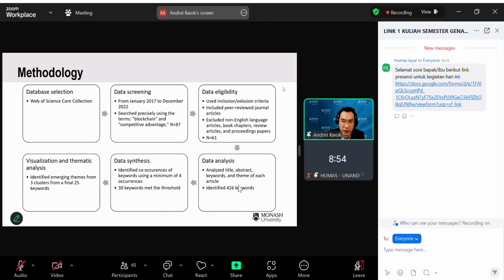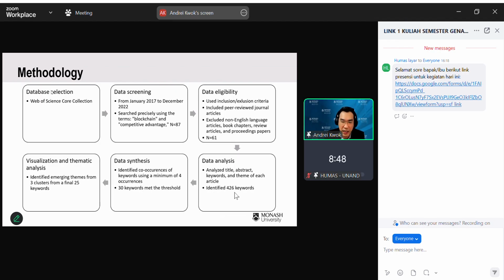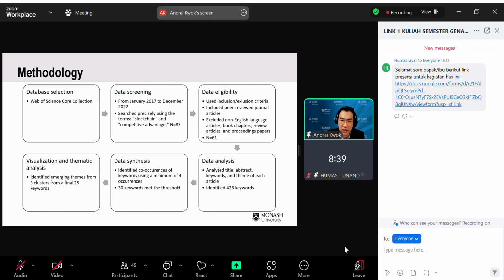So this is the methodology that we use. We use the database selection. We use the Web of Science core collection because it houses several platforms so that we can get all the information from different journals. Then we do a data screening. This was done from January 2017 until December 2022. And we use precise words like blockchain and also competitive advantage because we want